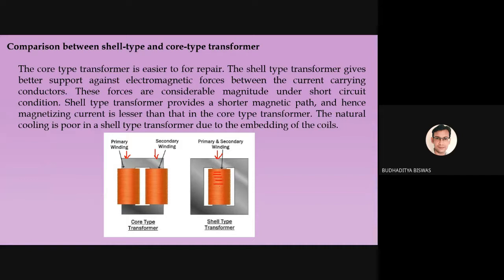And when we place wires close together, and all the wires are carrying the current, it becomes a solenoid. That means some repulsive force is there between the wires, and due to this repulsive force, some vibration can be observed in higher rated transformers. This mechanical force can be withstood by the shell type transformer easily compared to the core type transformer, because here you can observe some repulsive forces in the winding. This is a very common thing.